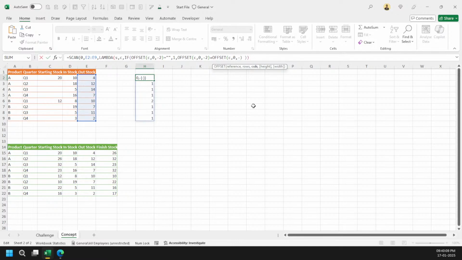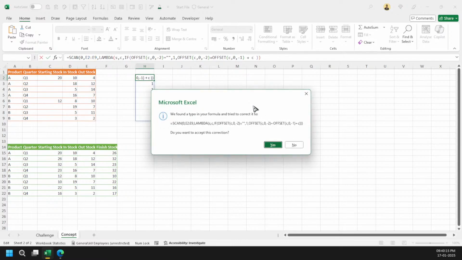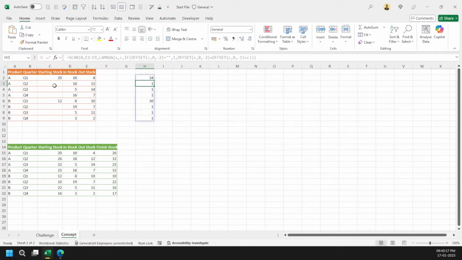-1, and then simply coming here and adding my C part, that is my outstock. And now you can see that 26 plus 10, that is 30. Okay, one second, it should be minus C. Now I am getting at least correctly 12 plus 8, 20, and then -10, it will result in 10 here. So at least this much is good.